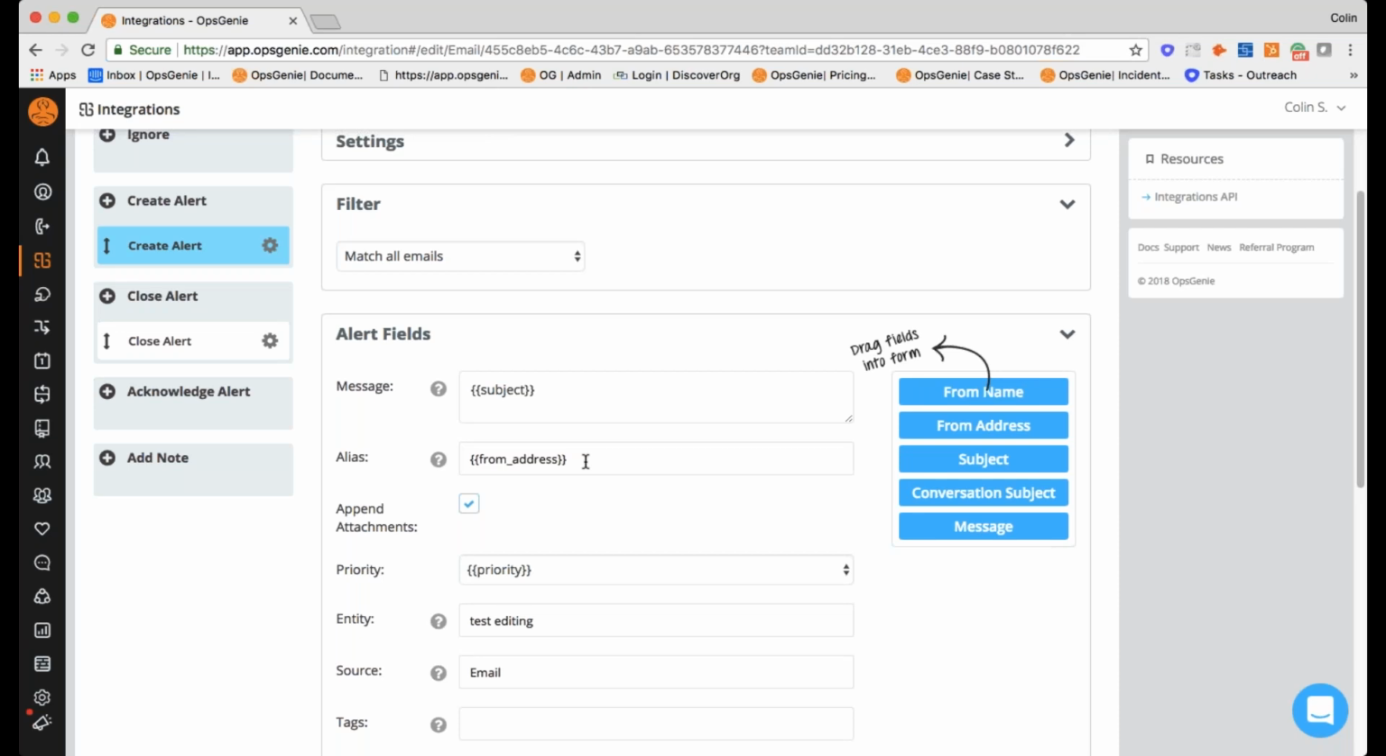So not only can you use the from address, but a lot of customers, for example, will use a system called string processing. What this allows us to do, in the case of an email, is take a certain piece of a string from within the subject or the message that's going to be completely unique to each alert. So if you have a lot of different alerts sending from the same email address, this might come in handy, where you go ahead and use something like